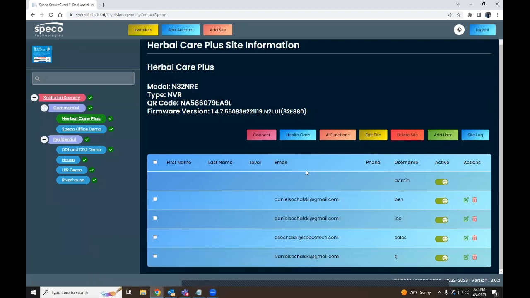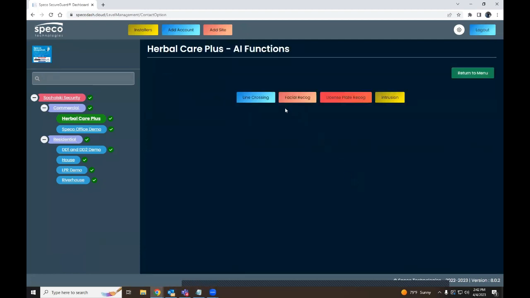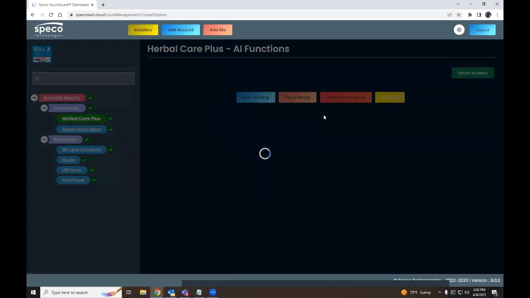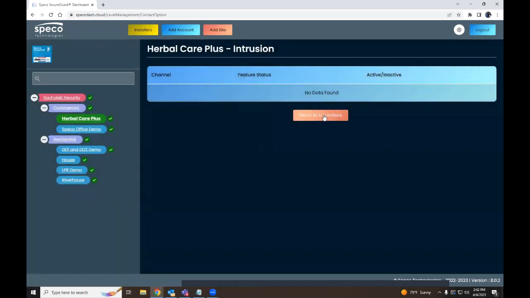So a few different things before I jump into a recorder. Under AI functions, under the dashboard, you'll notice here that we have line crossing, facial recognition, license plate recognition, and intrusion. So any of the cameras that are able to run these functions or are currently running these functions, you're able to turn those on and off. Let's see. So none of them are running intrusion. Let's go to,